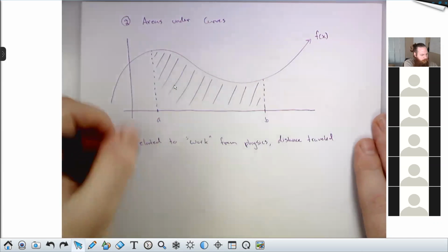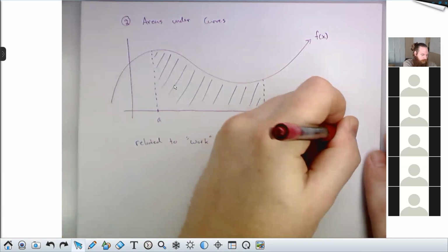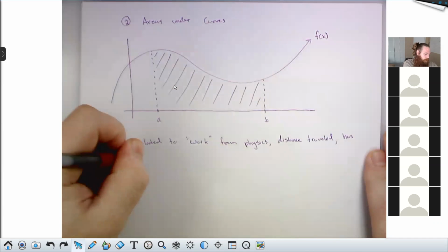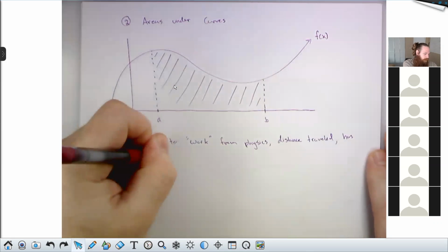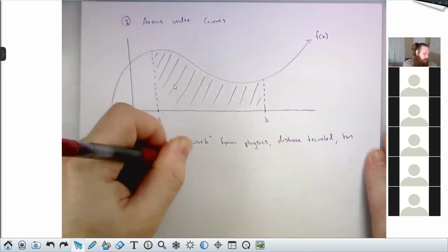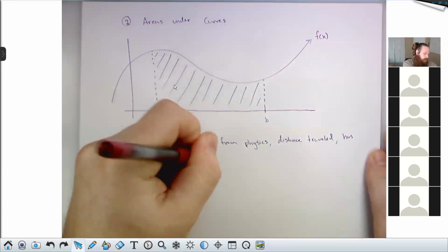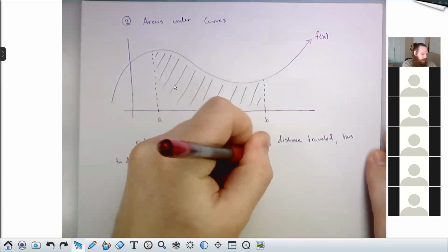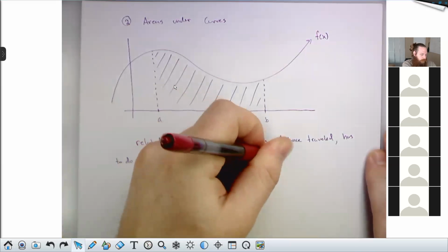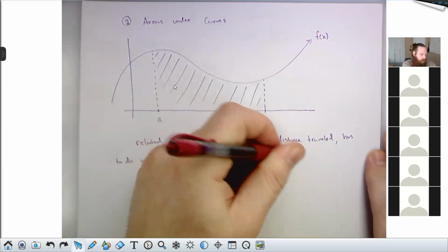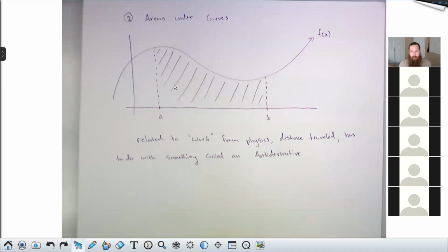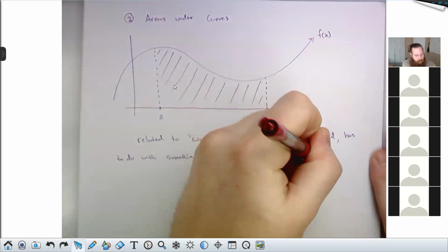And it has to do with something called an antiderivative. So tangent lines are related to something called a derivative, and areas are related to something called an antiderivative.